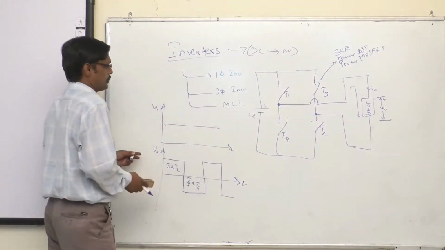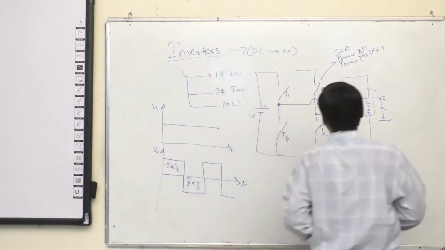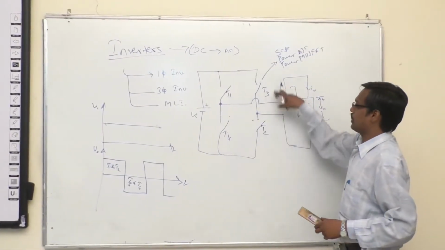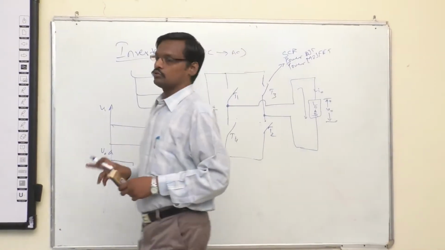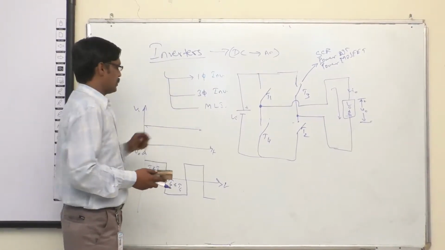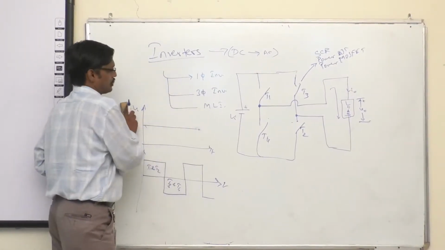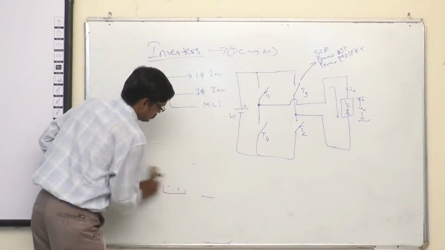The same thing is applicable for a three-phase supply. That is a three-phase inverter. The only difference is that for a three-phase inverter you have 6 switches here. At a time, any 2 or 3 switches may be operated based on the type of inverter you are using. Then the multi-level inverter is a recent one.